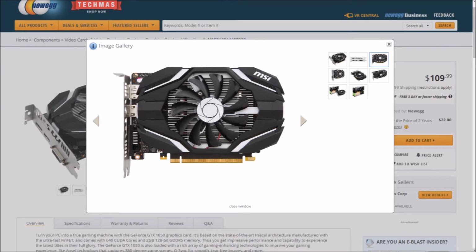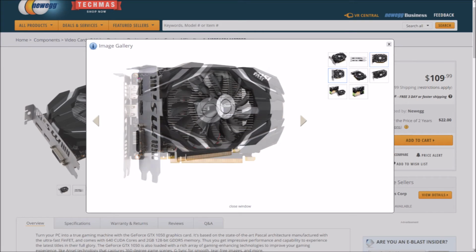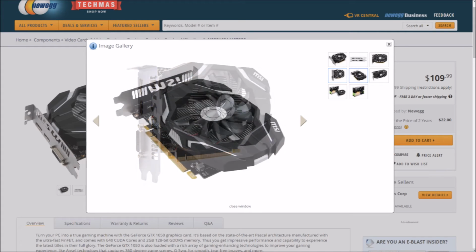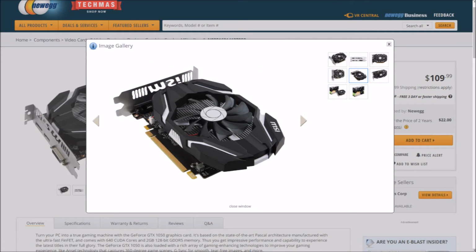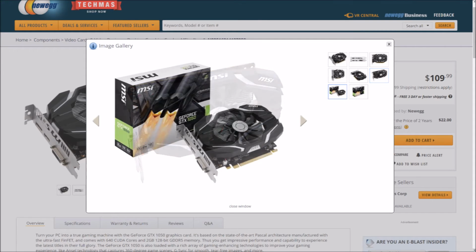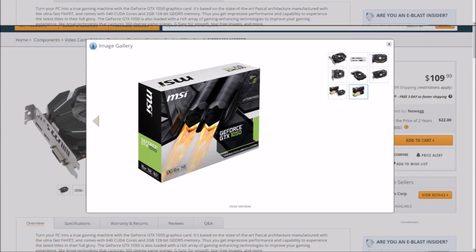Its 2GB of GDDR5 running on a 128-bit bus with a boost clock of 1518 MHz offer a rather impressive effective memory clock of 7000. We've got our standard DVI, HDMI, and DisplayPort, and a more than adequate cooler that is both quiet and keeps temps pretty low. This card runs cool and requires no additional power connectors, and its TDP is well under 75 watts. With 640 CUDA cores boosting to over 1500 MHz, this little dual-slot graphic solution packs a punch with up